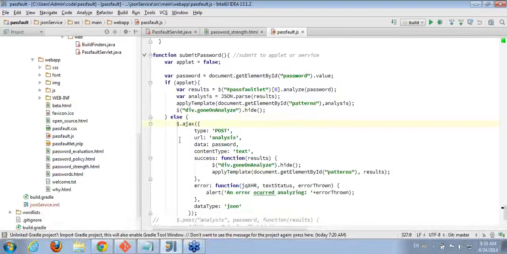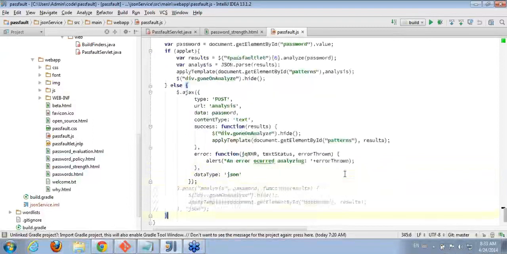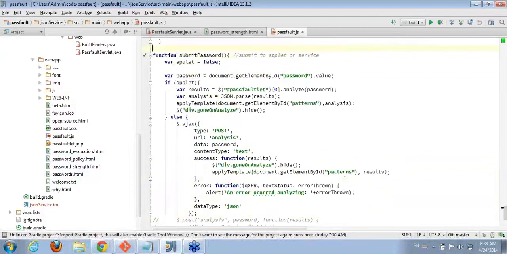So here we make this AJAX request over POST. The URL here, when it comes back, we take the JSON that's sent back and we apply this template. So it just templates all of the JSON response into a web page, and that's it. I would like to make this a little easier to use if you're a web developer, to make a nice JavaScript plugin, probably a jQuery plugin. But you'll see it's not that complex to get using.